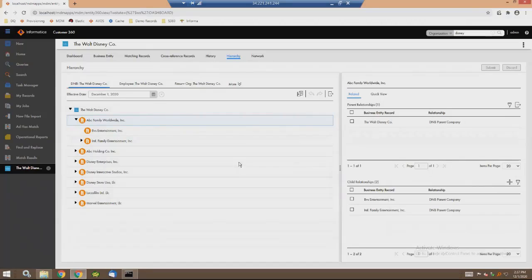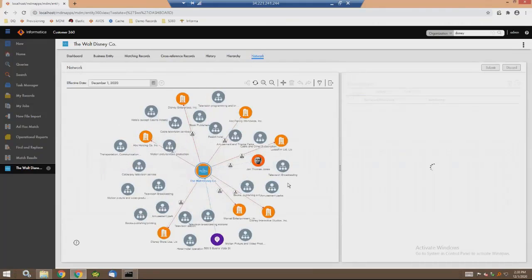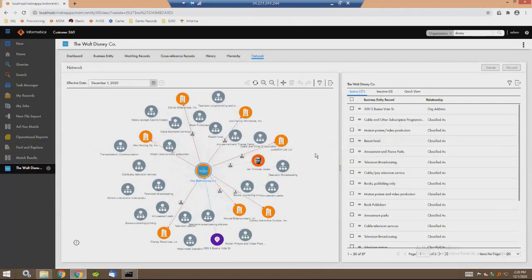If you just browse through these options, you should be able to figure out. And then now you have the network. And in the network, you will notice that network is nothing but more of unstructured relationship across various entities, right? So you will notice that Walt Disney is related to John, and John holds a bunch of addresses. So you will see every relationship with this Walt Disney organization is displayed for me here at this network